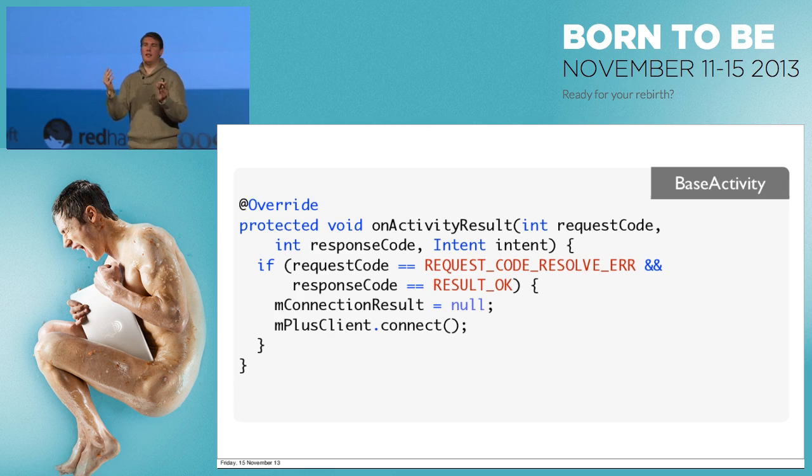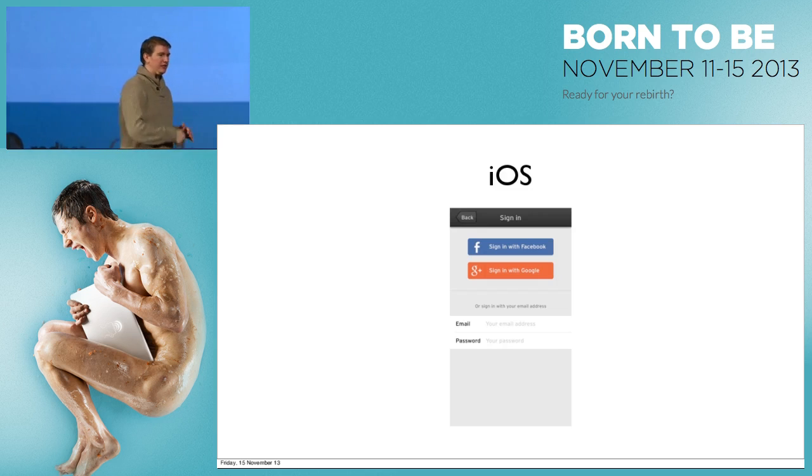Whenever you're thinking about dealing with Plus Client or any of the authenticated Google Play Services clients, so Google Play Games, Wallet, that kind of thing, you always want to be setting your flows up so they trigger a connect at the end. And then you're into that very easy state. You either get onConnected or you get onConnectionFailed. So it makes life easier to track.